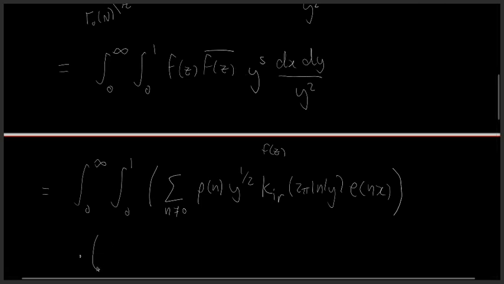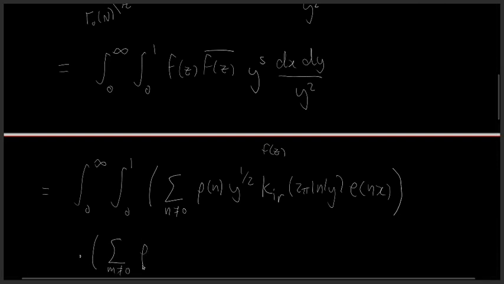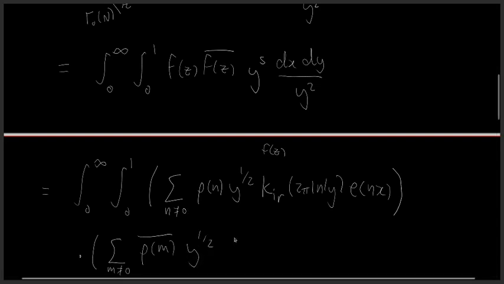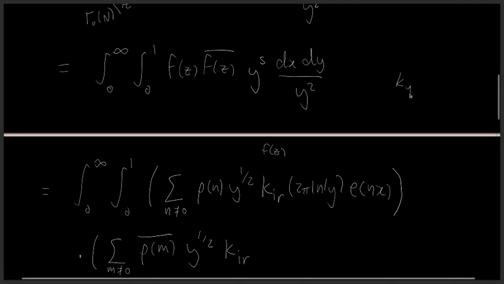So this is going to be multiplied by the sum, I'll use m for the sum here, m not equals 0. And we have rho of m conjugate, because we've got our conjugate here. And then y to the 1/2 K, and this will still be iR. When we take the conjugate, it would be minus iR, but remember that K